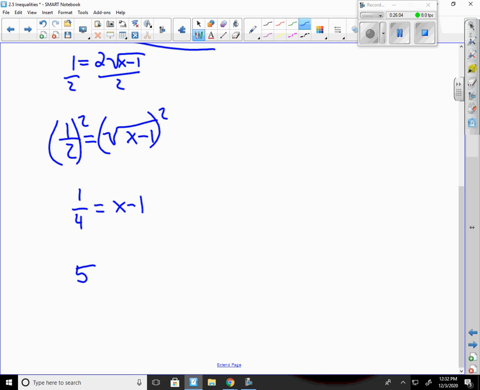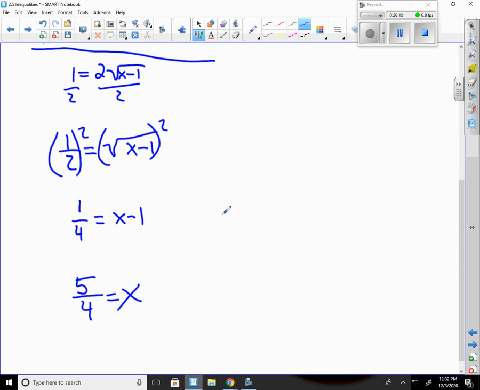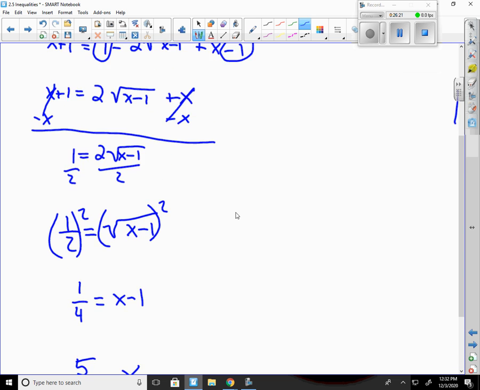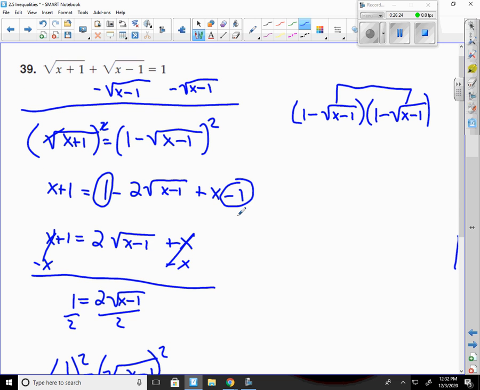And that gives me 5/4 equals x. That's better. That is 100% the correct answer. Don't ever